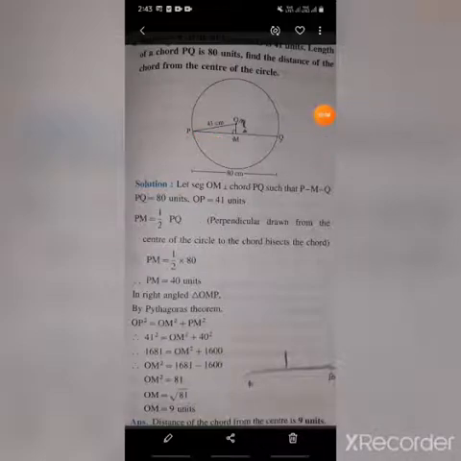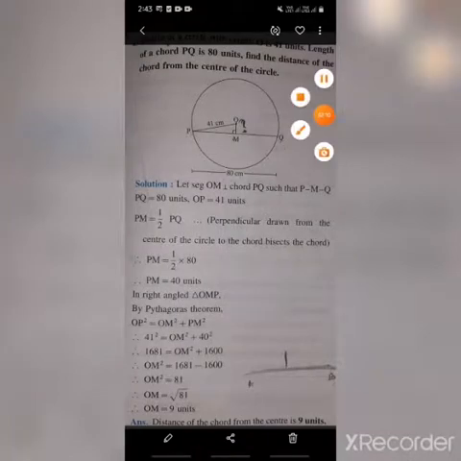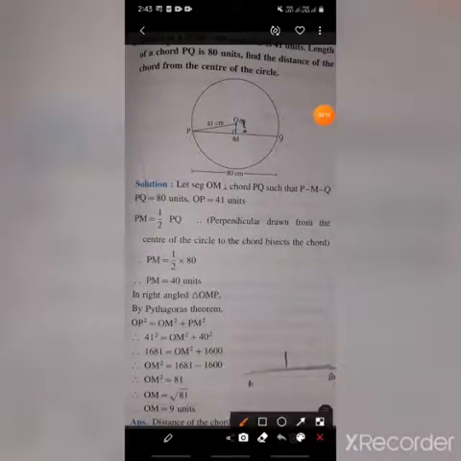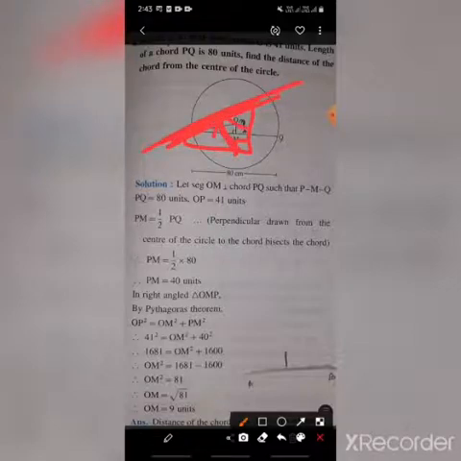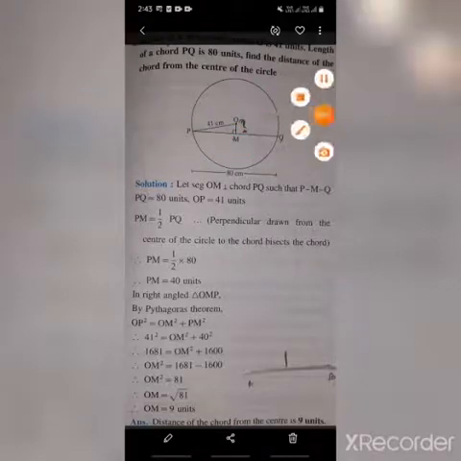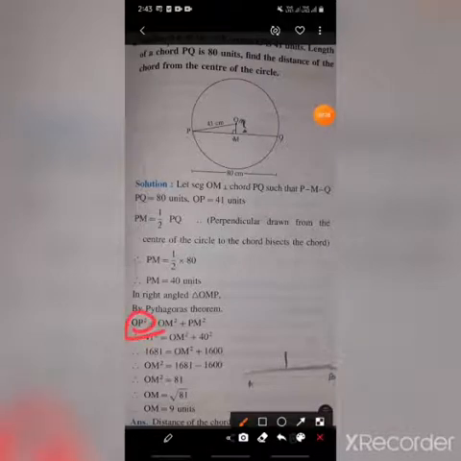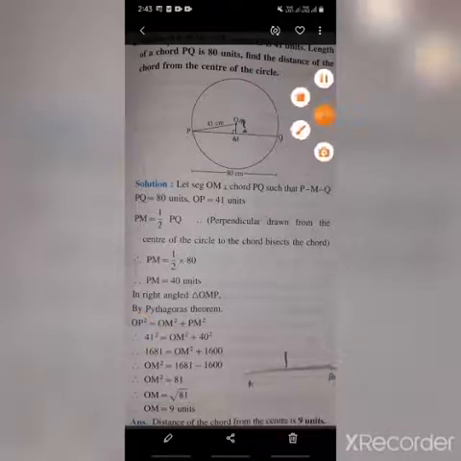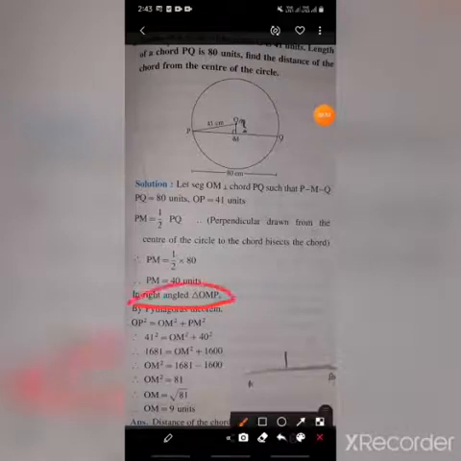Then we have to apply the Pythagoras theorem in this diagram as we did in the first, second and third questions. Here is the 90 degree angle, so the hypotenuse is the side opposite to the 90 degree angle, this one. We have to write the hypotenuse side in the first step, in right angle triangle OMP,